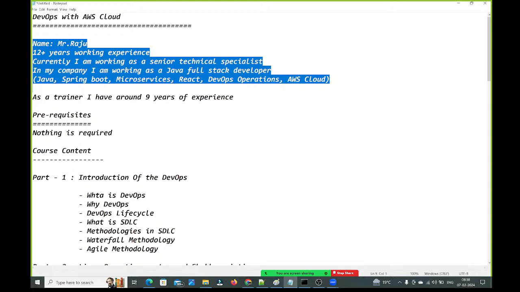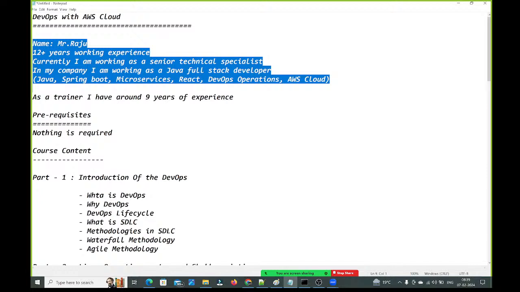If you observe, most of the tools are developed using Java and Python. So I'm very strong in Java and Python. That's why I am able to explain each and every tool with the internals. Because I'm both a Java and Python developer, guys, I can explain everything with the internals.